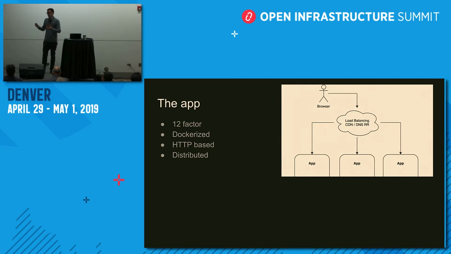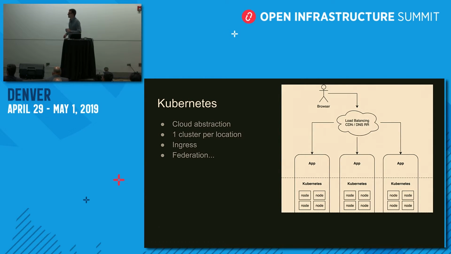And also, it has to be able to run in a distributed fashion, ideally active-active mode, so that we can load balance and not just have active-passive capabilities. Right, so now we hit the application, and the application runs on Kubernetes. And Kubernetes here will provide our cloud abstraction layer, because each cloud provider, even though they are all OpenStack, they have small nuances. So here we can talk one API, and then it will take care of those nuances for us, and will abstract those nuances. So this is what I mean by the cloud abstraction layer.